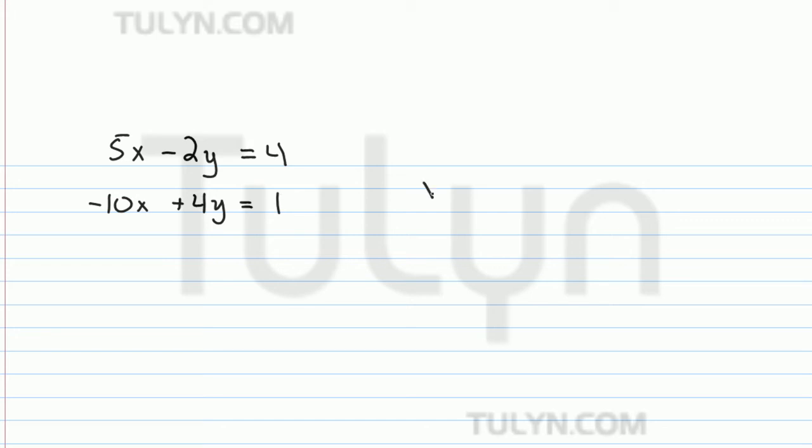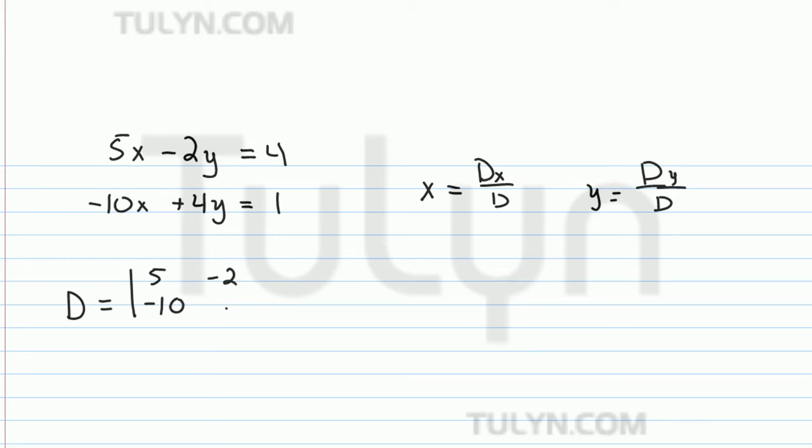So now to solve for x and y, we know that x is equal to dx over d, and y is equal to dy over d, where to find d, what we do is we just make a 2 by 2 determinant out of the coefficients in x and y. So the first column is going to be negative 5 and 10, and the second column is going to be